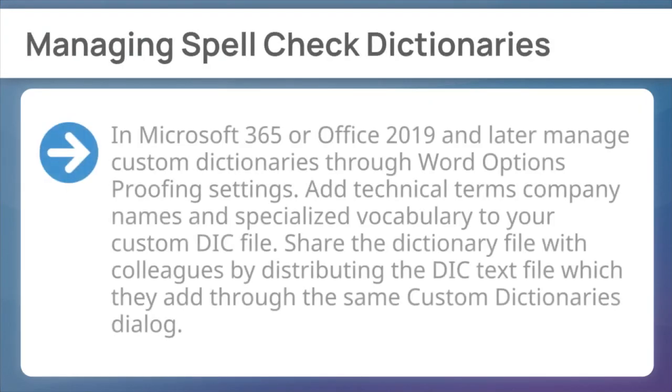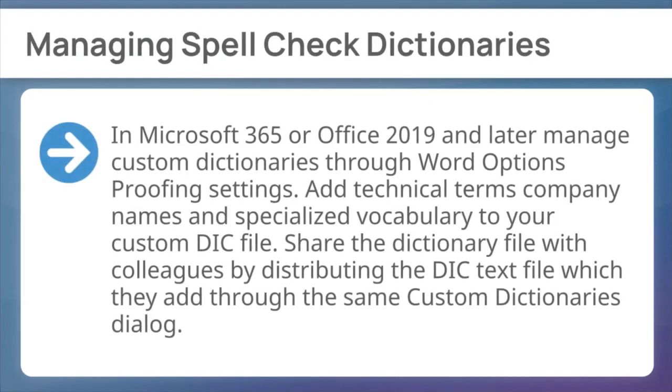Finally, managing spell check dictionaries. In Microsoft 365 or Office 2019 and later, manage custom dictionaries through Word Options proofing settings. Add technical terms, company names, and specialized vocabulary to your custom DIC file. Share the dictionary file with colleagues by distributing the DIC text file, which they add through the same custom dictionaries